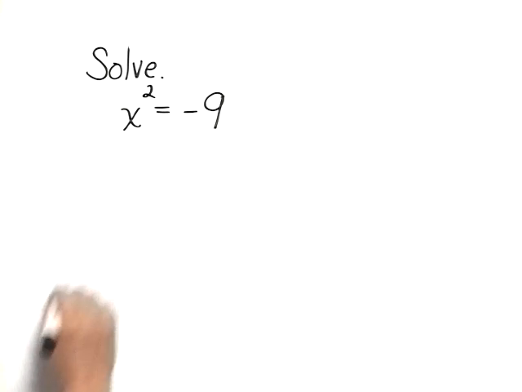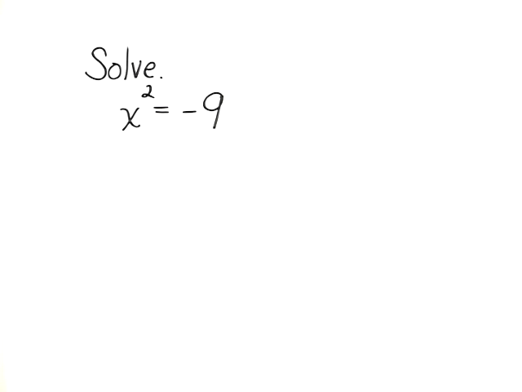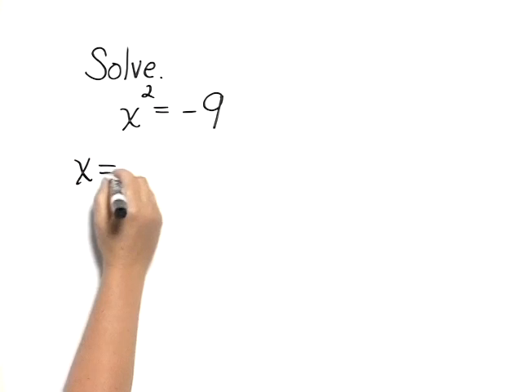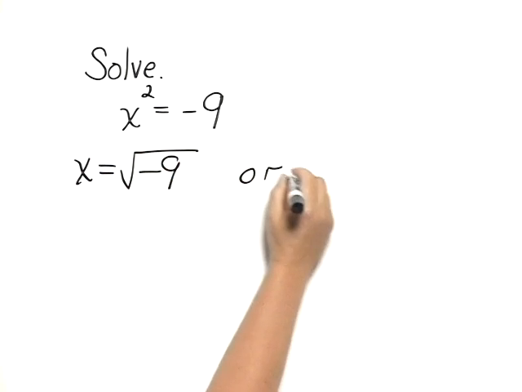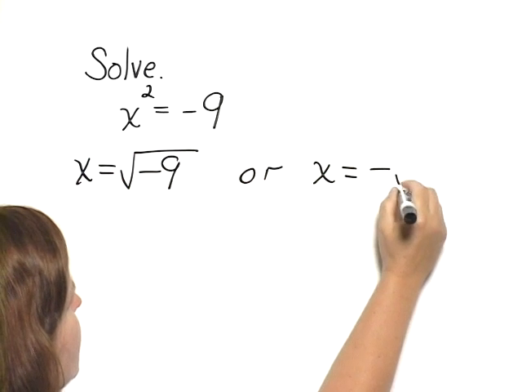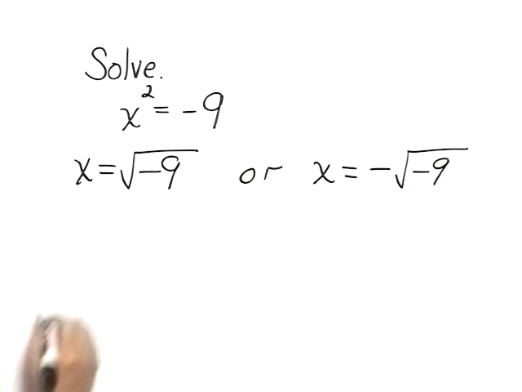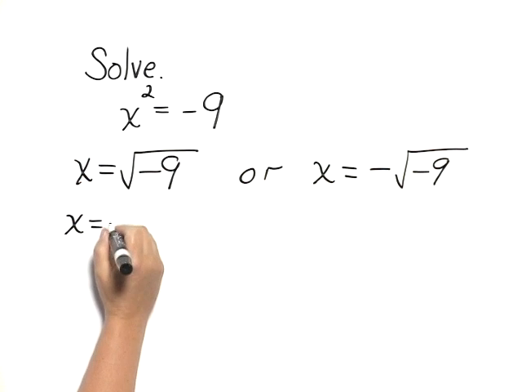Solve x squared equals negative 9. This is in the form that we can go directly to the principle of square roots, and we can say that x equals the square root of negative 9, or x equals the opposite of the square root of negative 9. Now the square root of negative 9 is an imaginary number, and we can simplify this by factoring it